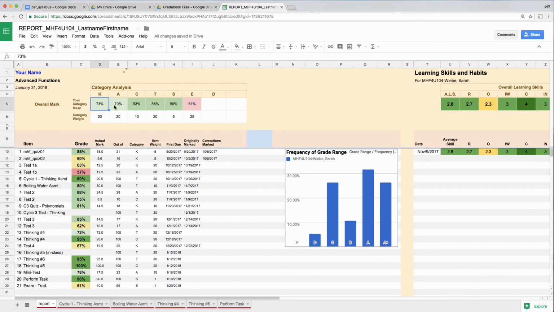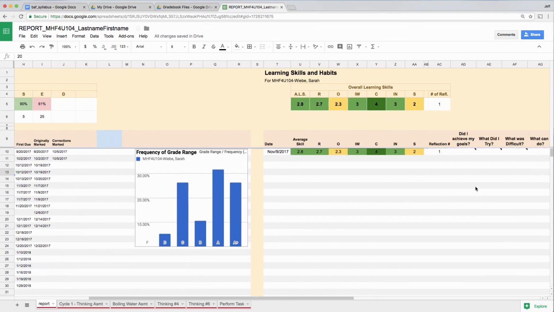And it has all the different categories, knowledge, application, etc. S for performance task, exam, and then D for diagnostic, marks that don't count towards your grade. And we'll also include the weighting. And then your individual marks will go down here and the weight. And note that the weight, say for example, this weight of 20, that's not 20% of your overall mark. It's just a weight value. And then various dates and so on. And if you do learning skills, they'll be kept track of over here. So if you self-evaluate when I ask you to on your learning skills, they'll be here,